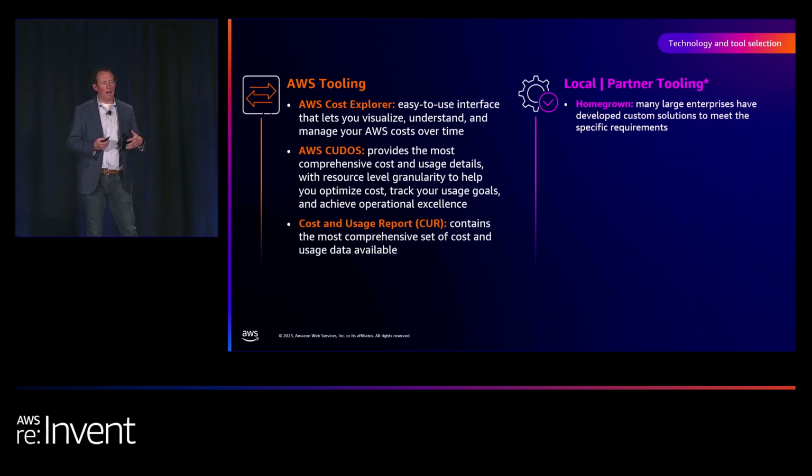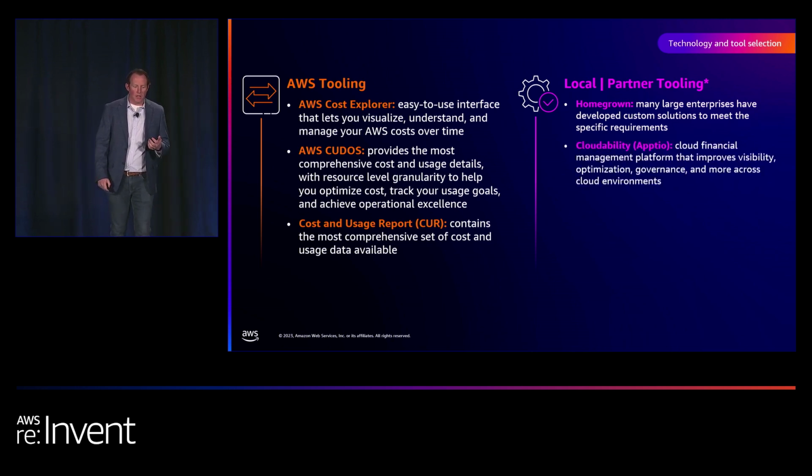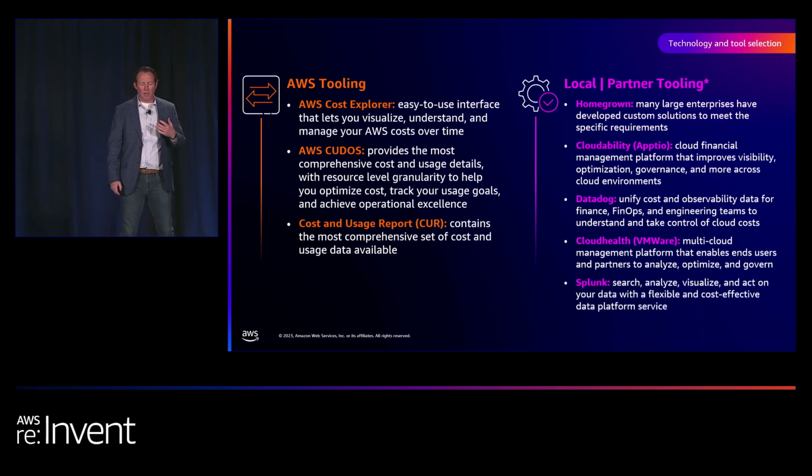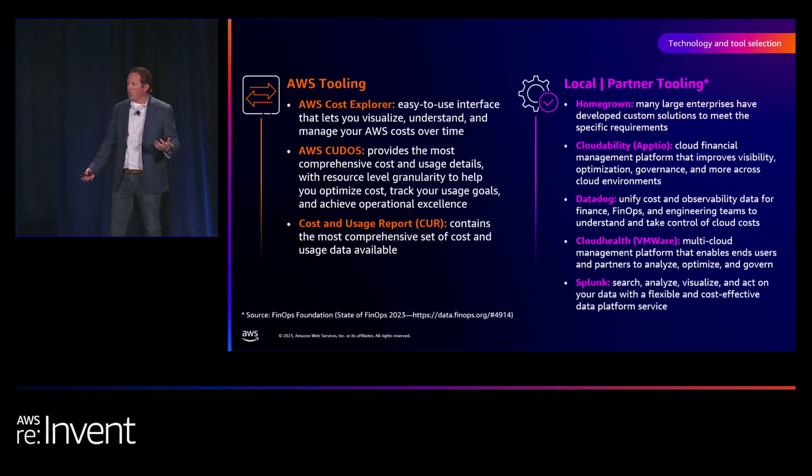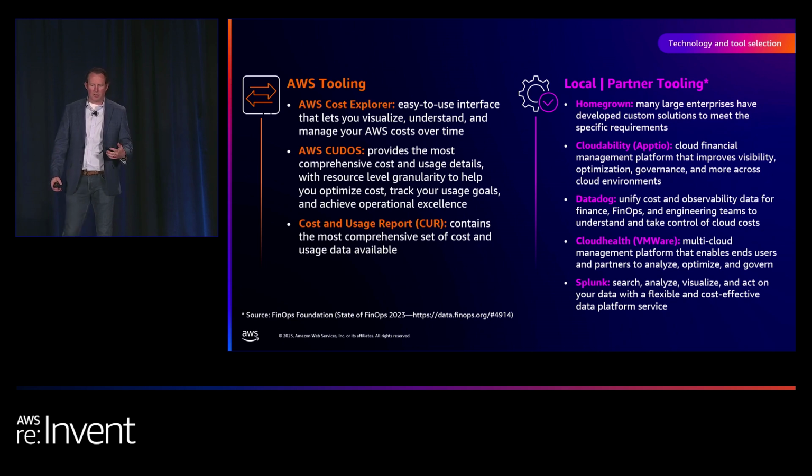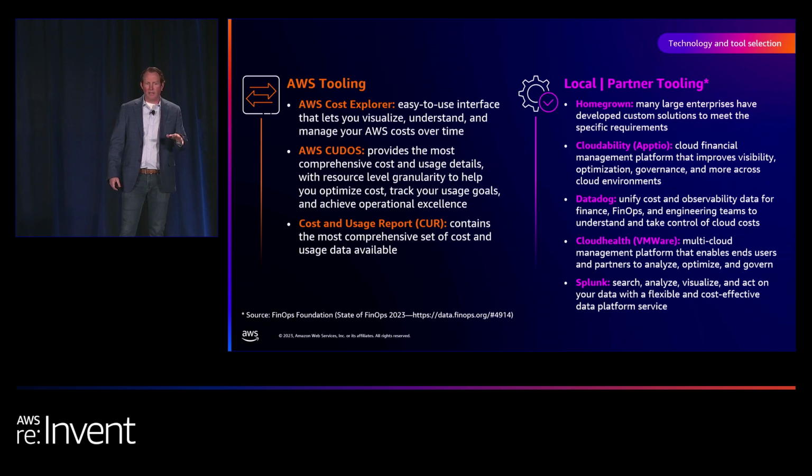The other reason I think a lot of companies go this route is that the pricing for some of the partner tools I'll talk through is a percentage of your cloud spend. And as you think about that, the more you spend in the cloud, these bills can get pretty large, so there's this balancing act of value versus cost as you go through it. I'll pull up the other ones. These are the ones that come up the most. I would say for me personally, Cloudability and CloudHealth come up a lot. You'll see also Datadog, Splunk, and CloudZero is one that has come up pretty often recently as well. And you'll see this is a reference from the FinOps report of 2023. These are the typical tools, at least for AWS and the ecosystem.